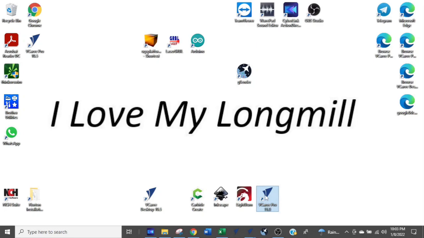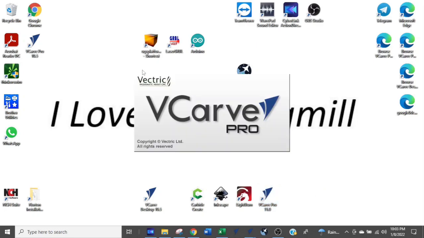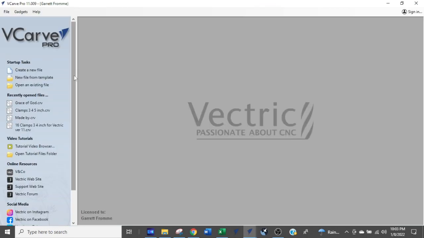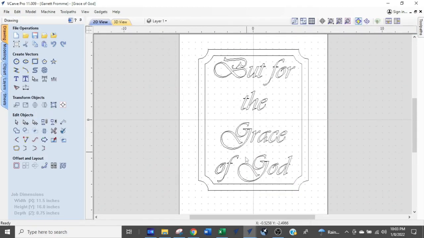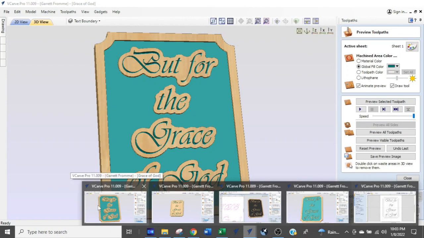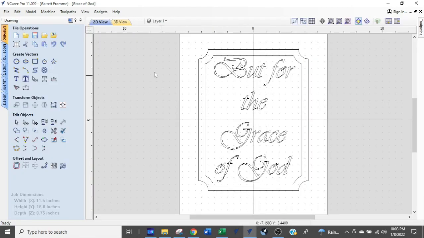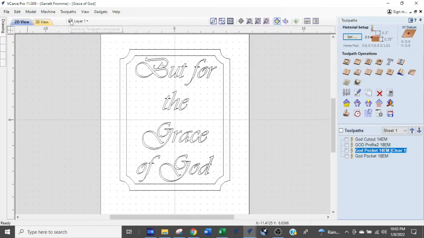All right, we're going to open up another VCarve Pro, and we're going to open an existing file, which will be his original file. There it is. Okay, and so now what we're going to do is accomplish this project like that. What we're going to do first of all is come back over to his toolpaths, and